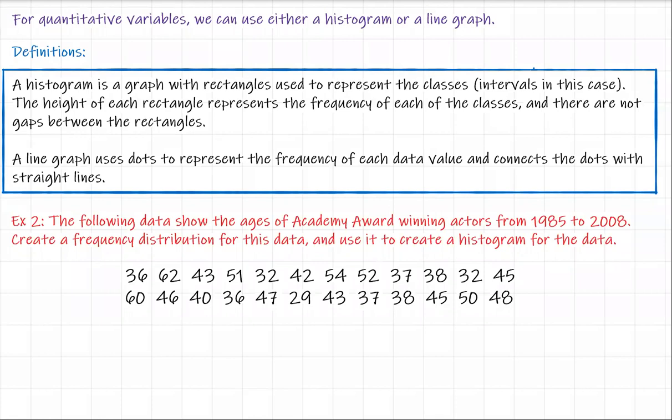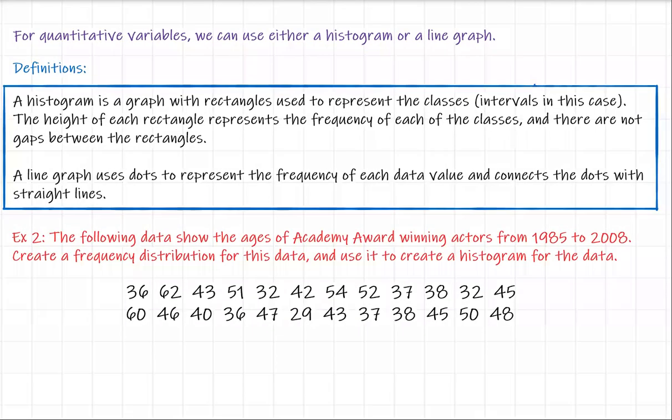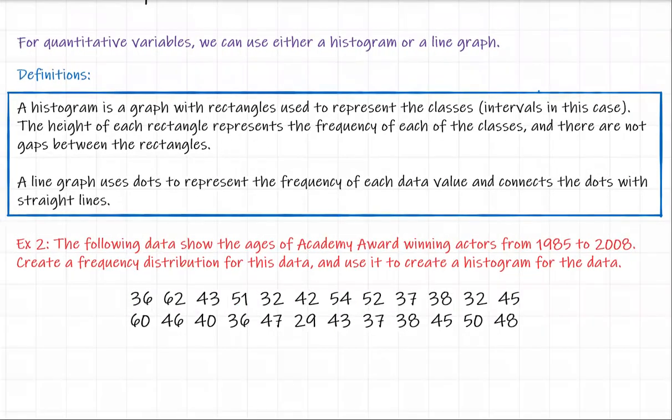We talk about quantitative variables. The types of graphs we can use for those are either, and the screen share tab is kind of blocking. There we go. Now I can actually highlight. We're looking at either histograms or line graphs. We're not going to focus too much on line graphs because I'm making the bold assumption, and I don't know if it's a good one, I hope it is, that maybe most of us have seen a line graph before and know how to read one. So we're not going to do too much with that. What we are going to do a lot with is a histogram, though, because